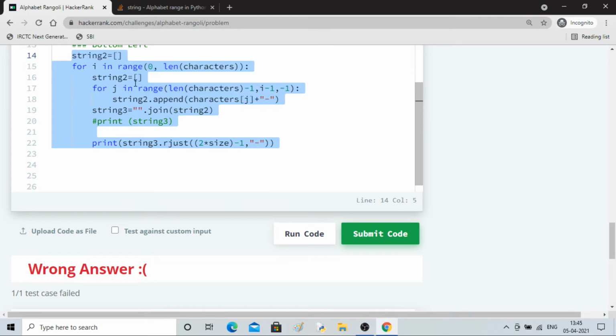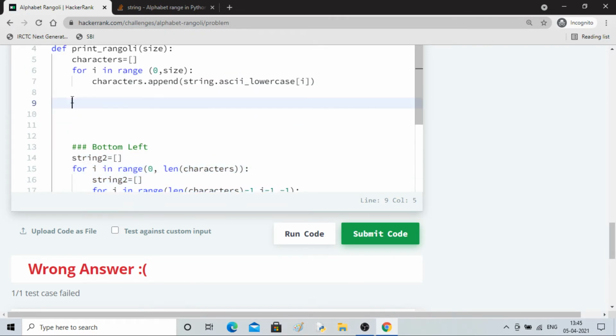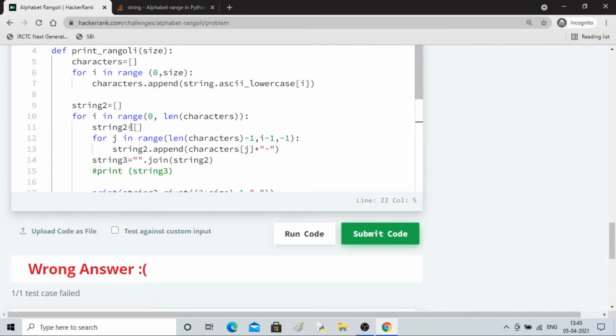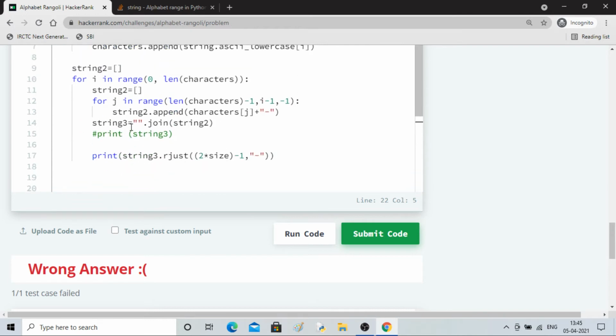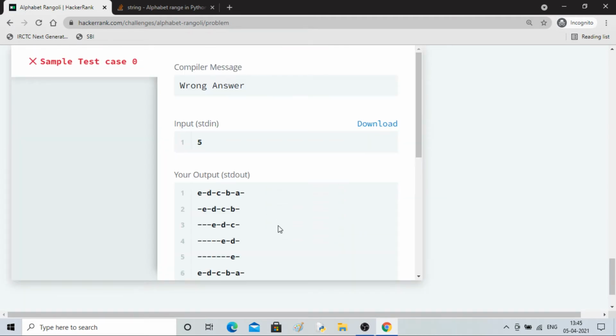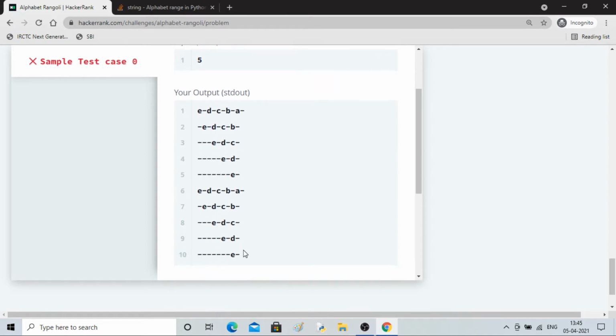Control C, actually I can use this string 2, right? So this will work in the same way it was working before. Okay, let's run it. So the same thing is printing.